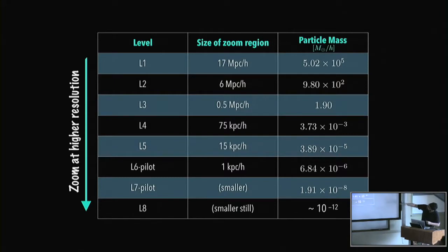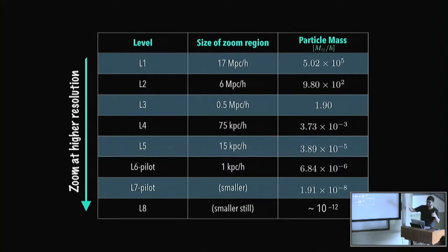In the nomenclature of our simulations, it essentially progresses like this. This is all inside a 500 megaparsec box, but each subsequent resolution that we work at resolves the high resolution region in smaller and smaller patches with smaller and smaller particles, to the extent that the final level that we want to go to has particle masses of around 10^-12 solar masses. That's roughly the mass of the Earth's atmosphere, I think. And the size of the high resolution region will be approximately an astronomical unit, right? So that's an astronomical unit of high resolution particles embedded within a 500 megaparsec volume.